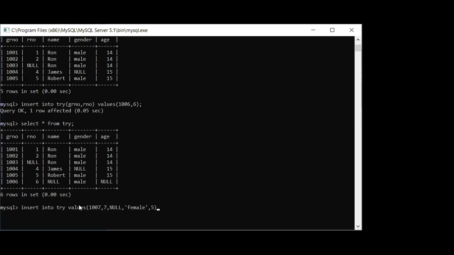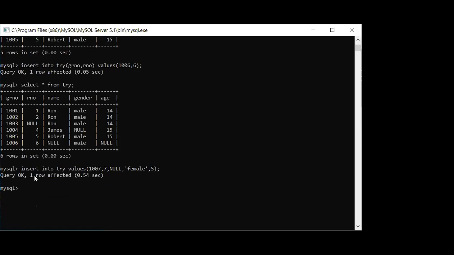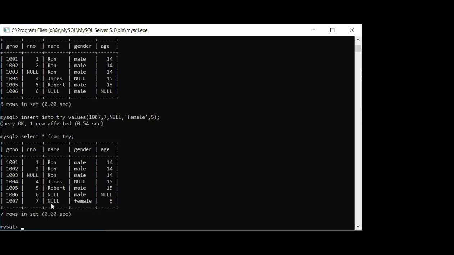Actually, it should not allow. In other RDBMS, it will give an error also, but here it will not give you any error. The reason is it is parsed, but it is not checked in MySQL. So if I run this, you can see over here that the check is not working. Even it is given in your book also. Remember this thing.